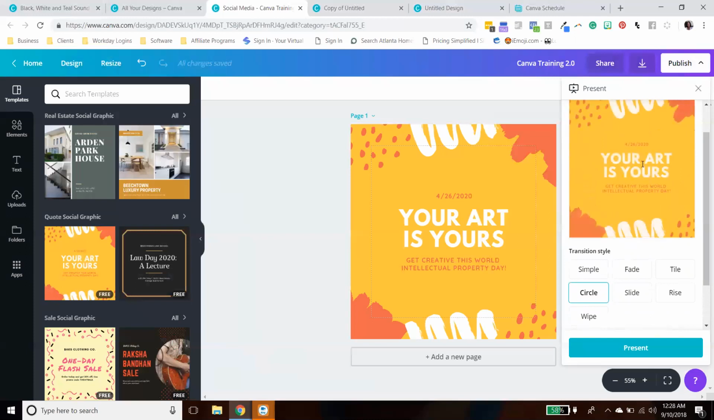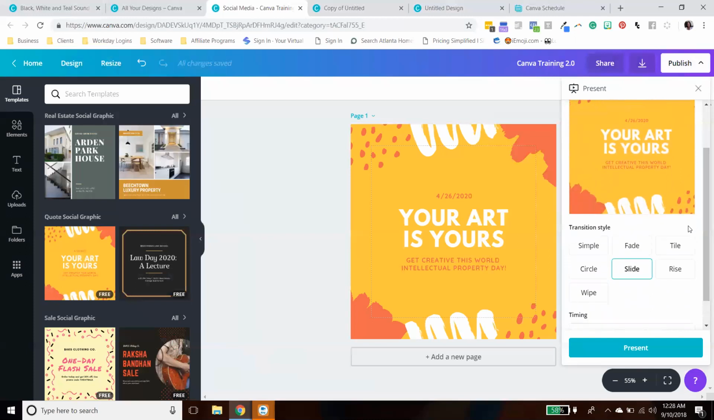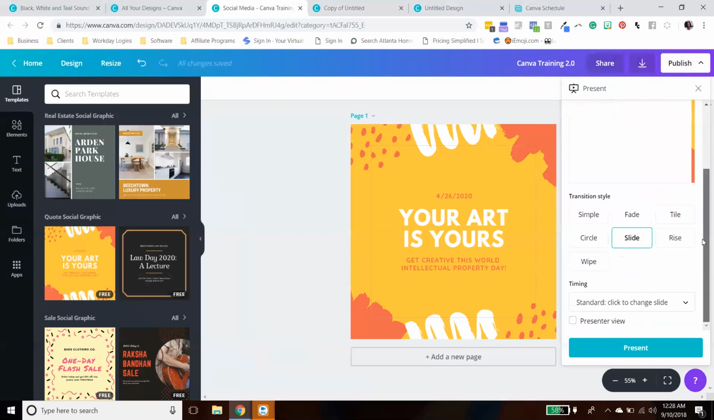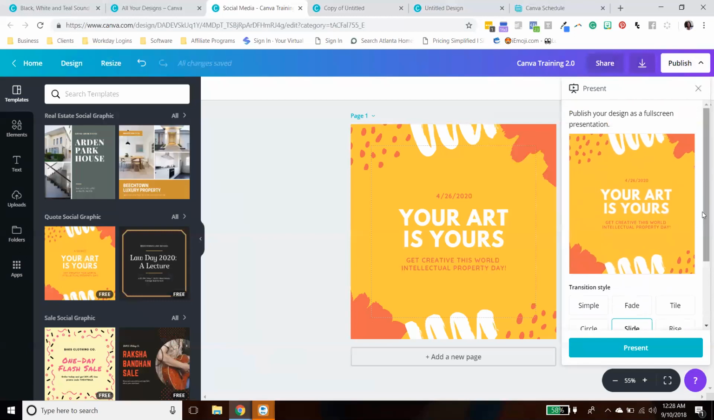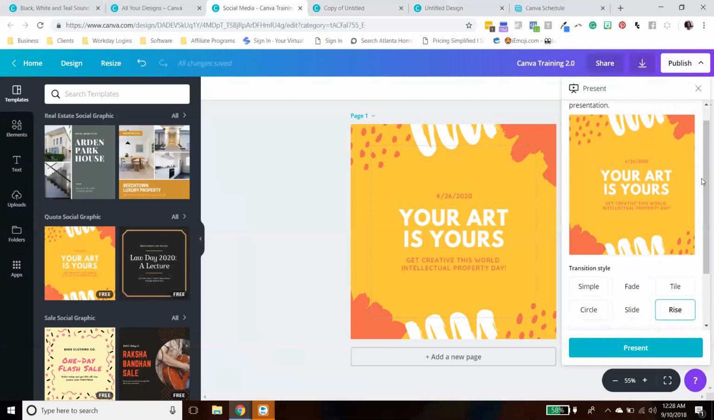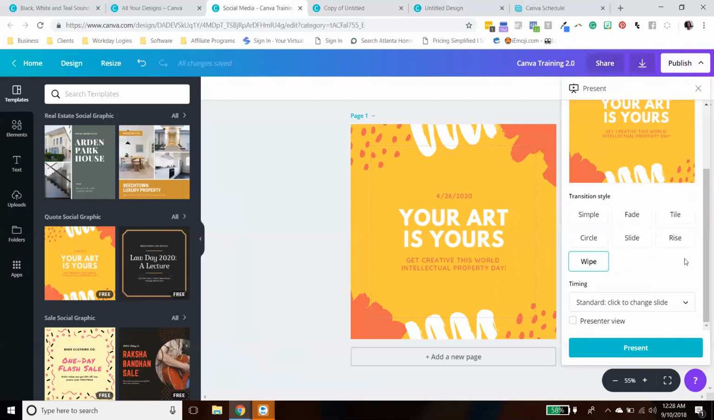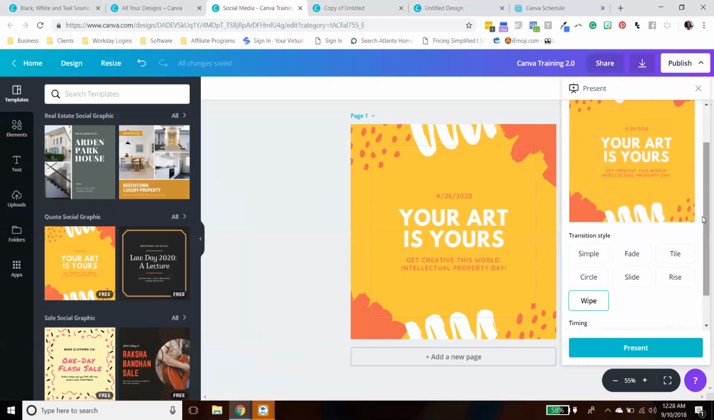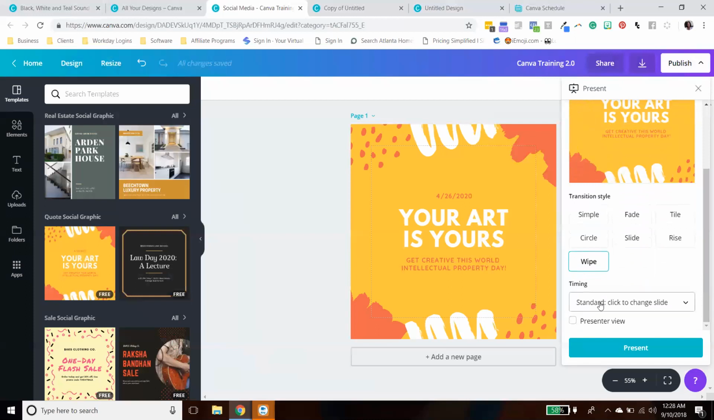So this is what your graphic would look like in animation, or their form of animation anyway. Okay. Rise. Okay. Wipe. There we go. And that's going across. Okay. You can also set a timer if you wanted to do like an autoplay, or if you wanted a